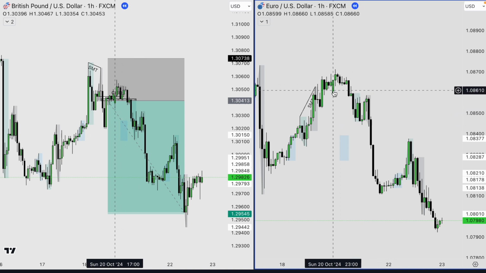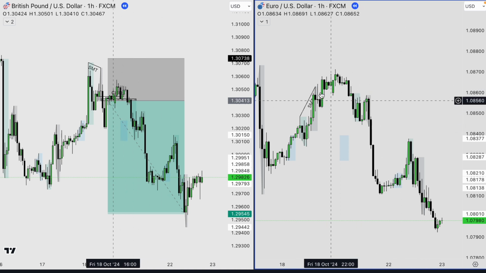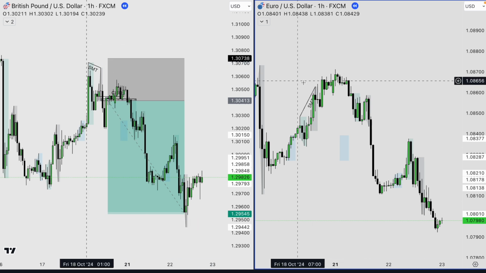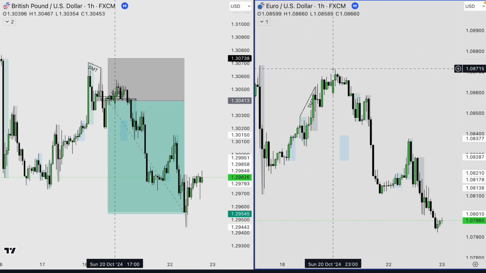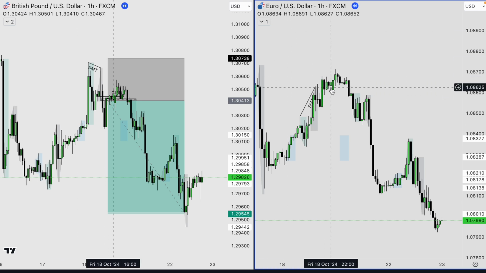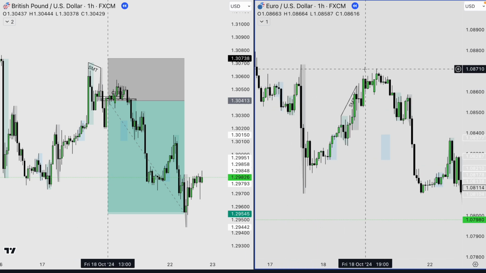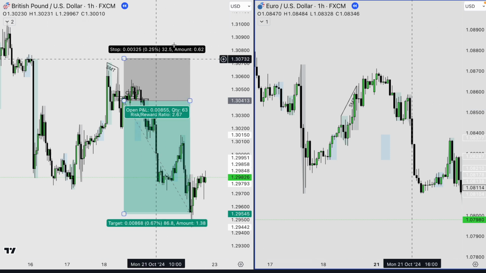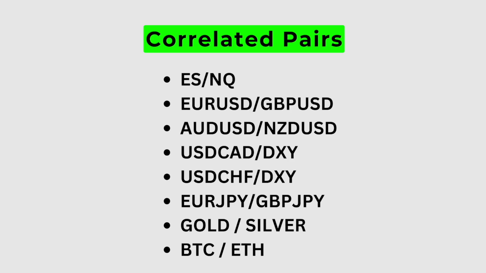Both of the trades would have played out, but you can see here, because GBP USD were the weaker asset, EU still had enough strength to run up. So if Euro USD would have stopped you out on this position, that is why it is important to only trade the weaker of the two pairs. So now that you've seen that example where I used Euro USD and GBP USD, what are the actual correlated